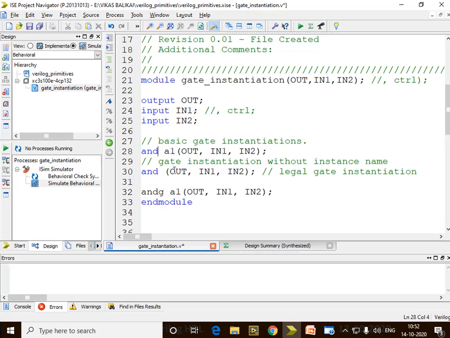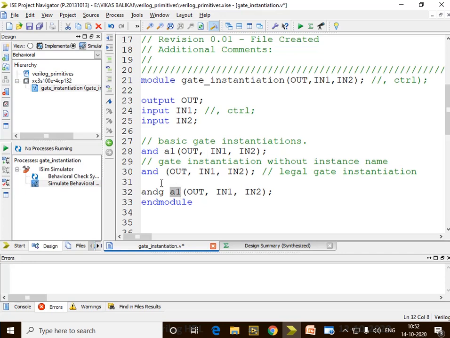Now it has got three terminals, output and two inputs. Now there is one more line I have written, and without the instance. So always try to avoid this particular statement, whether you are using the predefined gates or your own gates. Instantiation is always important. Try to mention the instantiation. No matter, in all the three cases, your simulation works absolutely fine.